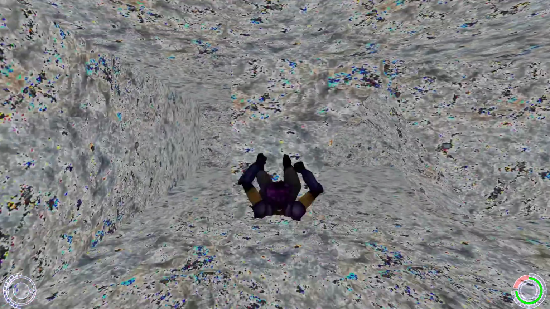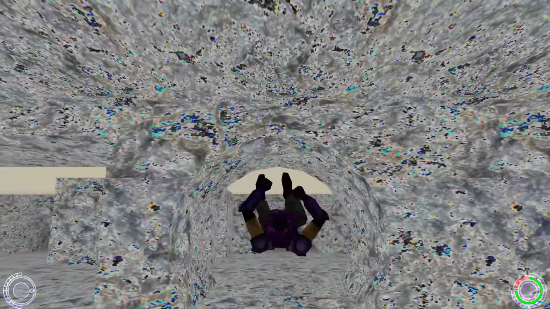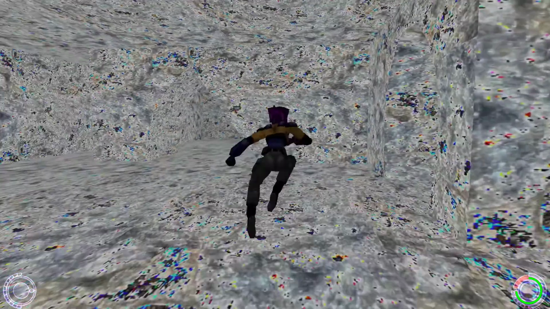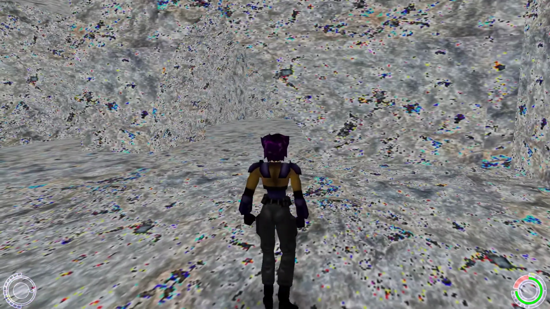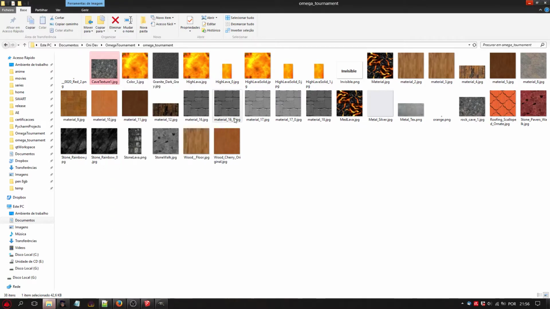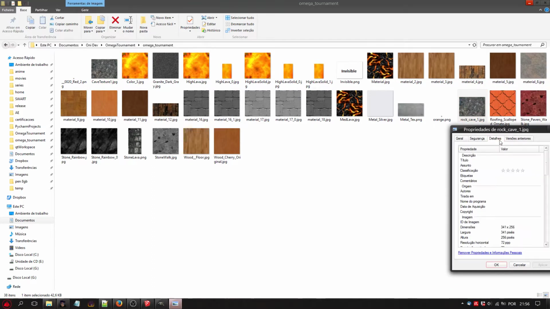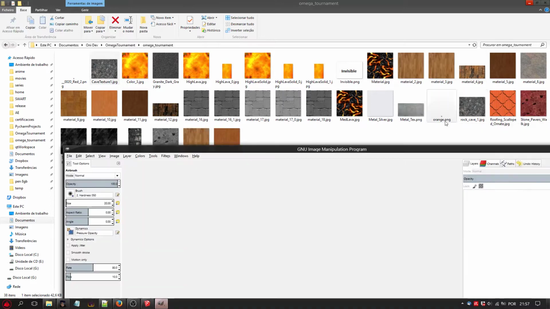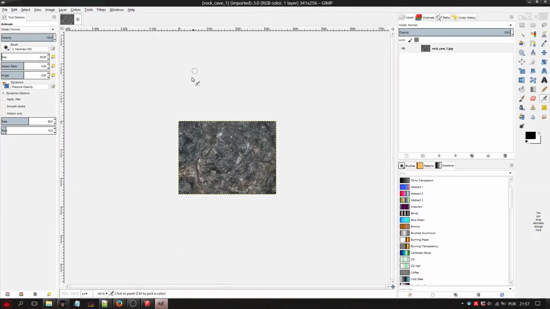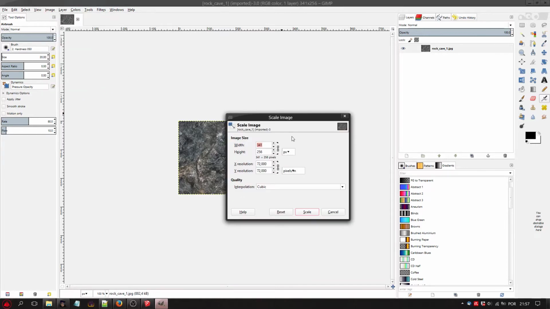Oh, this looks crazy. Okay, so I will check what happens, and I will tell you guys next. Okay guys, so I have found the problem. It seems that I have scaled the image wrong in GIMP.